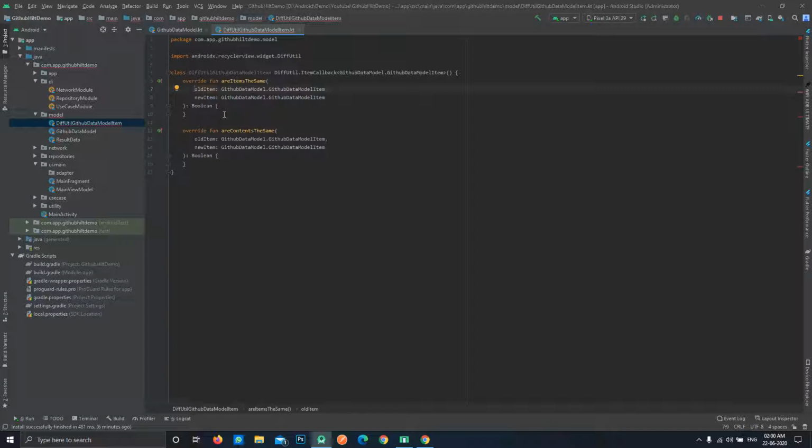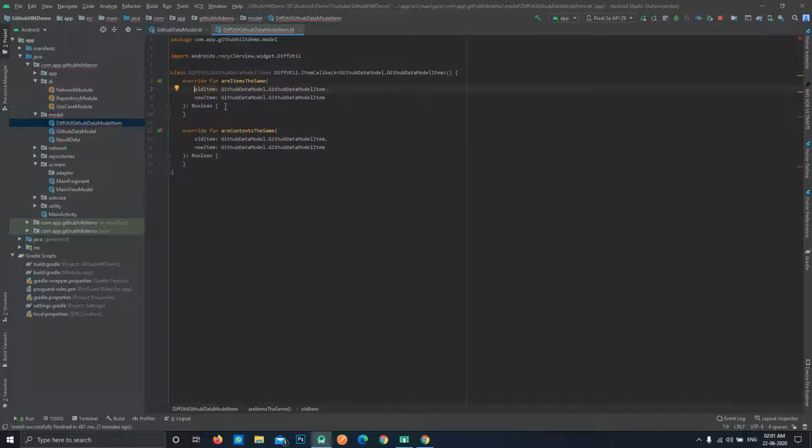This way it is working, and it will only redraw that view, so we don't need to manually notify which specific item is changed, or even tell it to completely redraw all the items using the new list provided. So if the new list has all the items different from the previous list, then it will draw all the items. Otherwise it will draw only those items which are not the same.